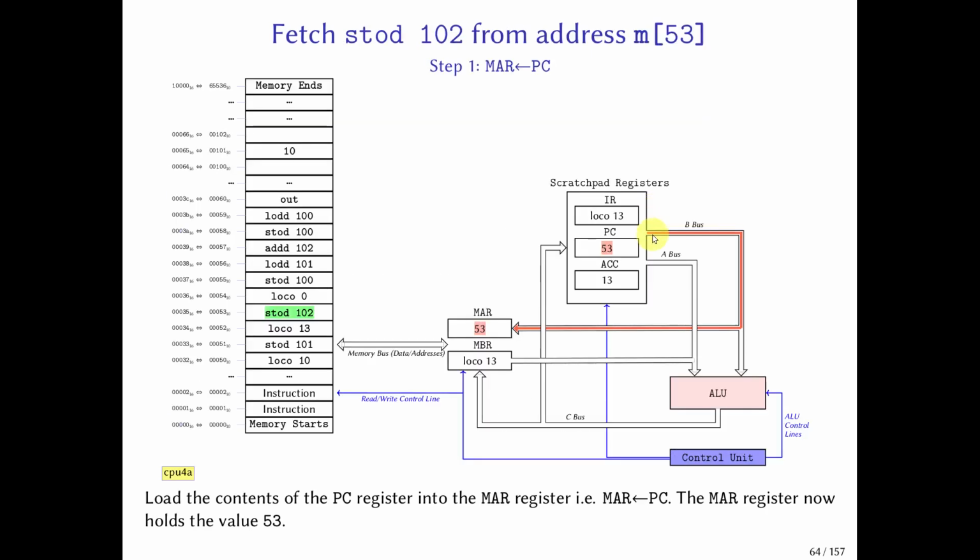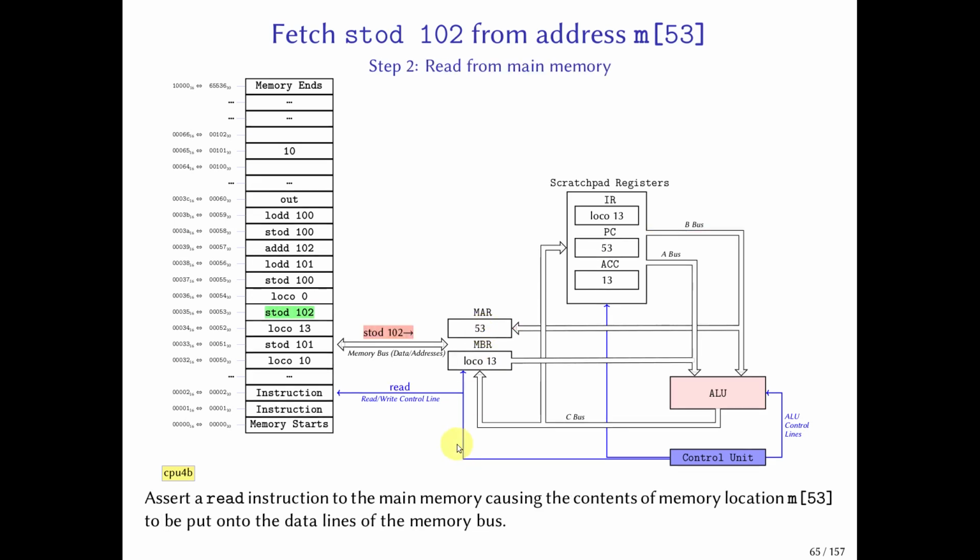So stepping through it, we can see that the first part of the fetch is to take the value that's in the PC register, the program counter, and copy it into the memory address register. So value 53 ends up inside the memory address register. The next step is that the control unit of the CPU sends a read command to the main memory. Main memory reads the address, which is 53, reads the read instruction and says okay, I have to copy the contents of cell 53 to